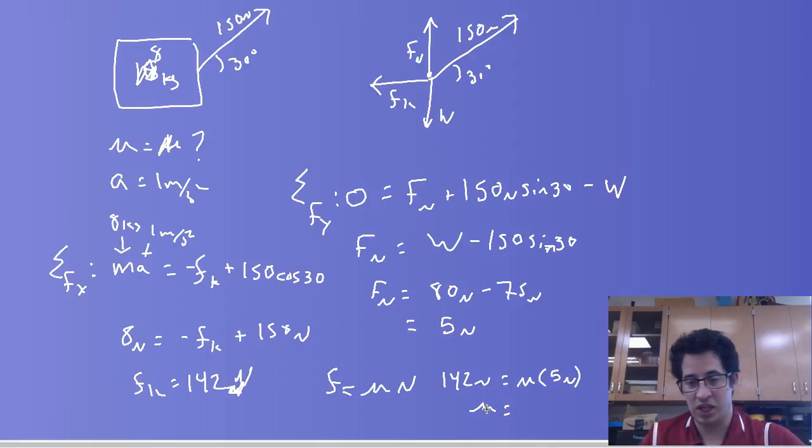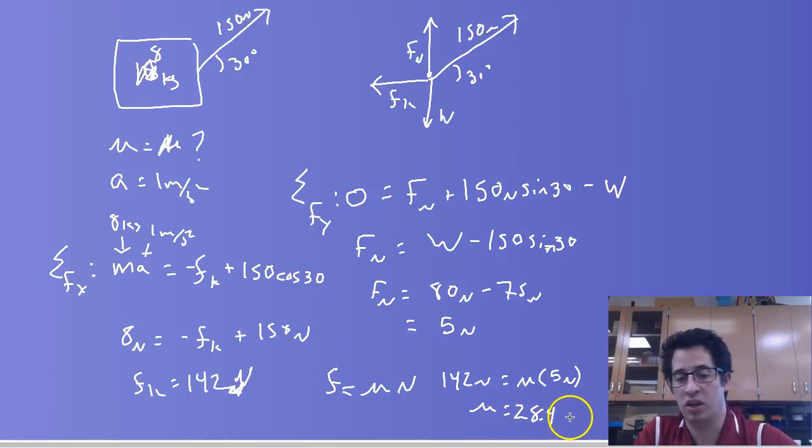This is the stickiest substance ever known to man. So 28.4. Essentially, what this is saying is, if you have this particular object sitting on this particular surface, it would take 28 times as much force to push it horizontally than to just lift it up. So I guess that could happen, like maybe if you're dragging something through the mud,